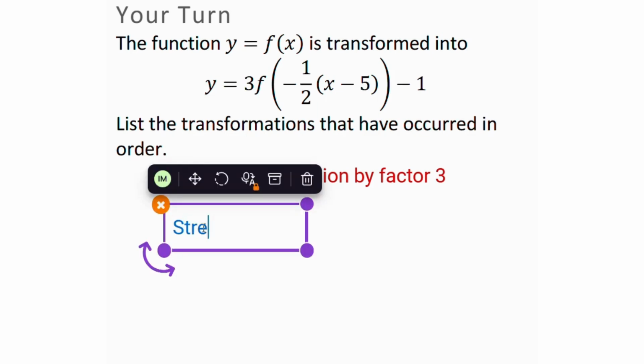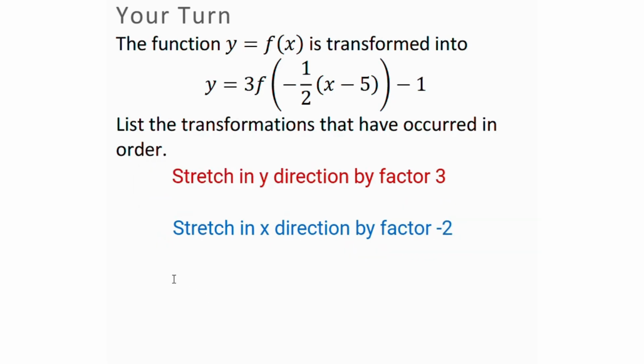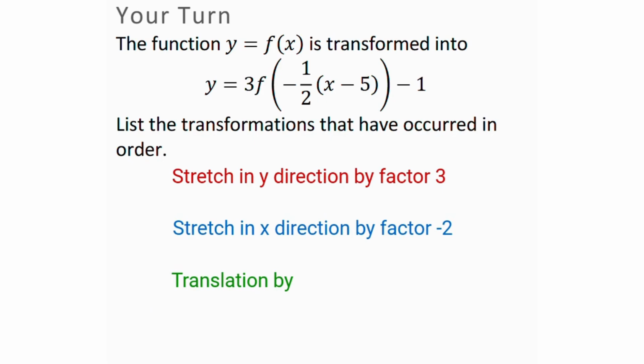Then we have a stretch in the x direction by factor, where it says -0.5, so it's actually going to be -2, the reciprocal. And then finally we have a translation by a vector, and the vector in this case is going to be, it says -5, so that means it's +5 in the x direction and -1 in the